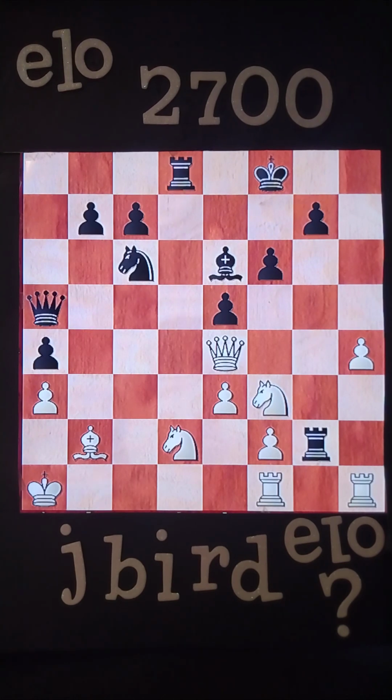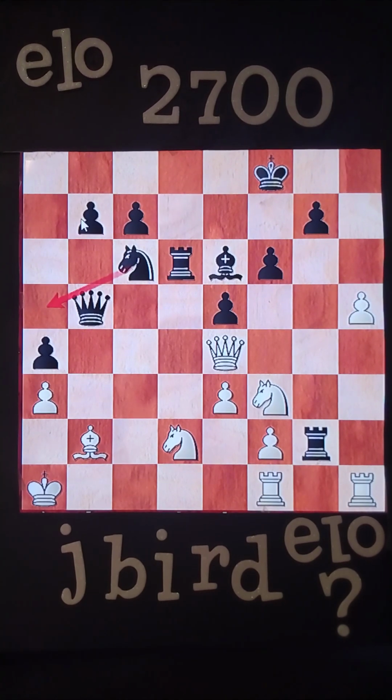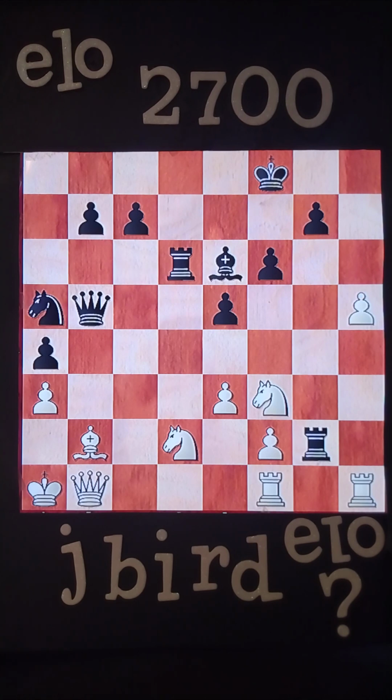a5, I go e4, d6, h5, b5. But you see what I do, putting the pressure on by pushing my pawn. He should have pushed his pawn. After b5, I go back b1, a5,